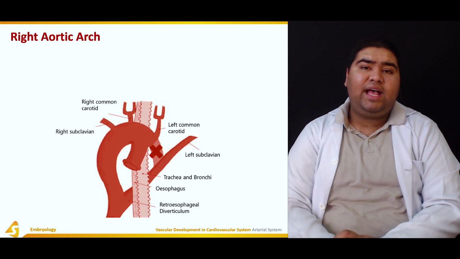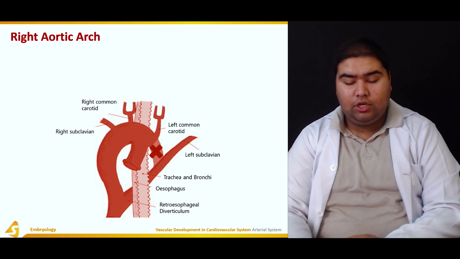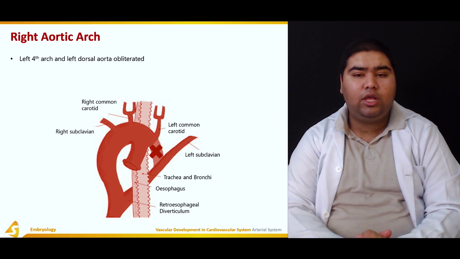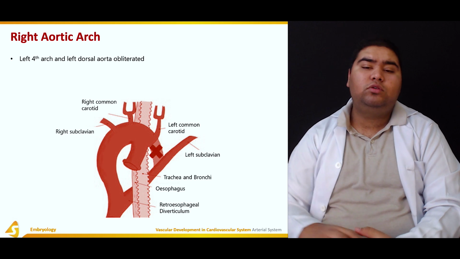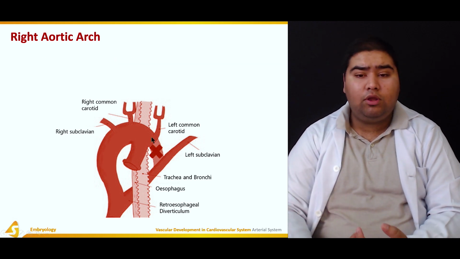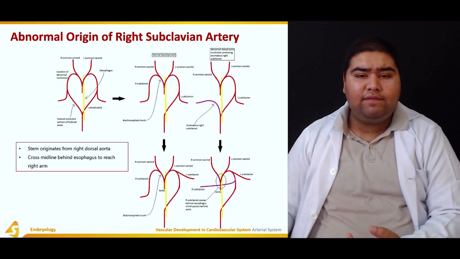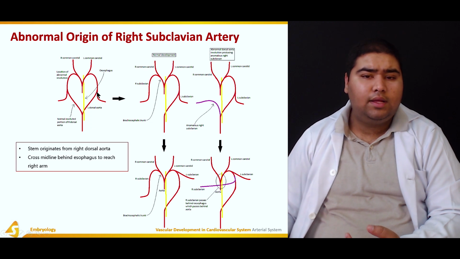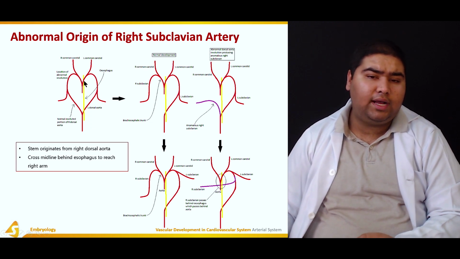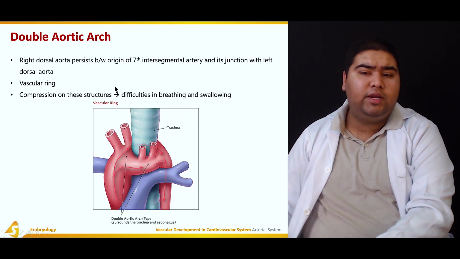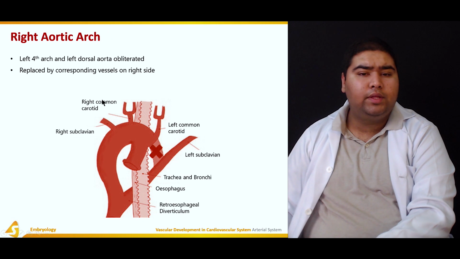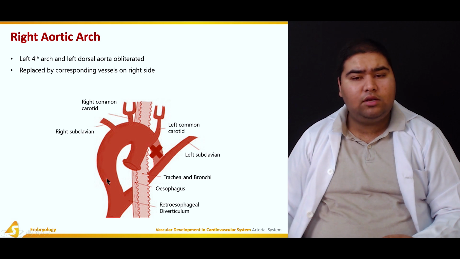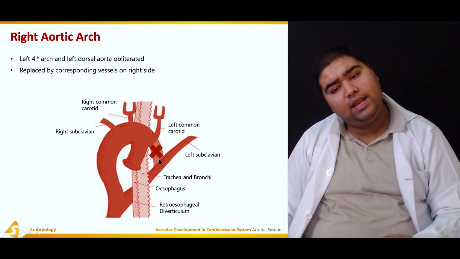Moving on, now we have a right-sided aortic arch. So what happens in a right-sided aortic arch? The left fourth arch and left dorsal aorta are obliterated. So the left-sided fourth arch, again going back to that figure, the left-sided aortic arch now obliterates and left dorsal aorta. This left dorsal aorta and left-sided aortic arch, they completely obliterate. Now the obliteration results in it being replaced by the corresponding vessels on the right side. Here you can see these are the corresponding vessels on the right side, and this is the left dorsal aorta